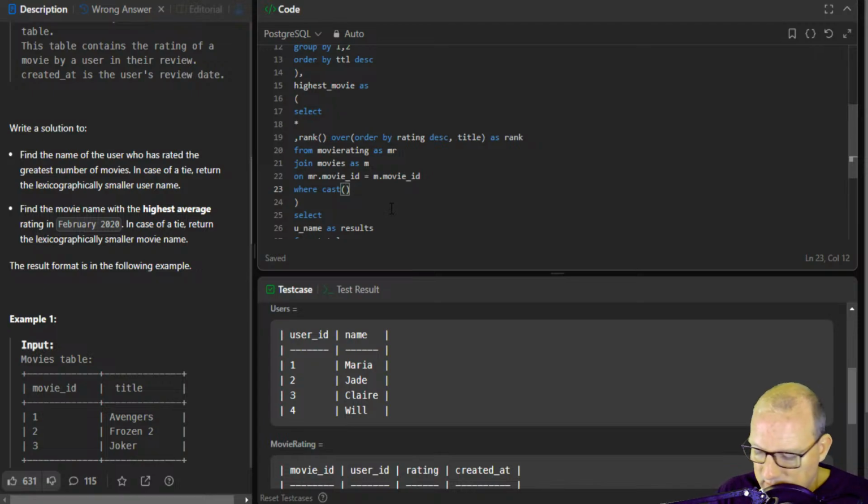So we're going to do that. So cast string 2020-02-01 and, why is that happening? Okay, between. Nope. Between. Haven't done betweens in a while. Between that date and